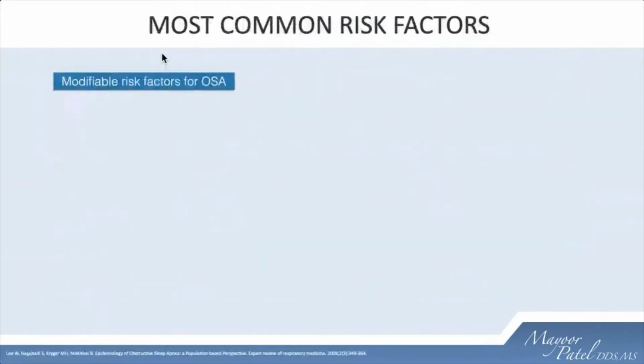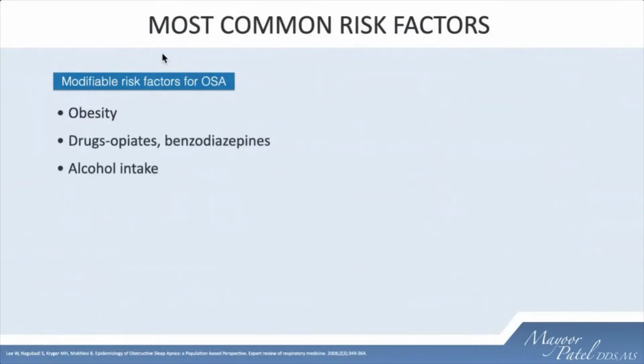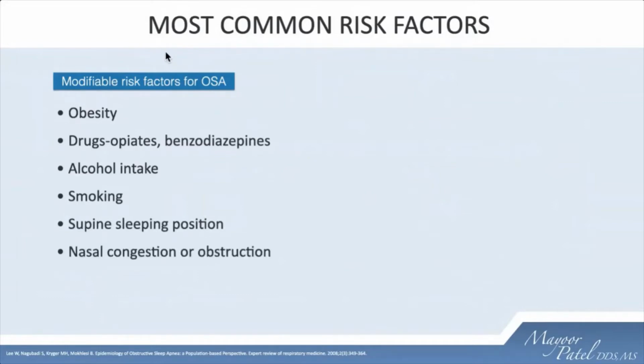Now, most common risk factors are broken down into modifiable and non-modifiable. So modifiable are things that are common sense. You know, people that are overweight are more than likely to have it. People taking drugs, opioids, benzodiazepines, even I should put here muscle relaxants as an example. These are things that can actually worsen the airway, but by stopping or changing some of these prescriptions, that could abate it. Not consuming alcohol could be a factor here. Smoking, supine sleep position, nasal congestion, and so forth. These are items that you could change. These are items that one could actually do and make some modifiable lifestyle changes to try and minimize the risk of having sleep apnea or improving sleep apnea.